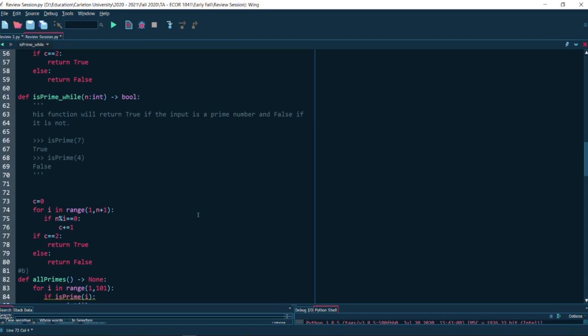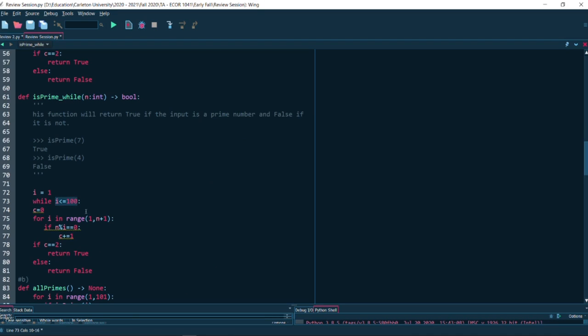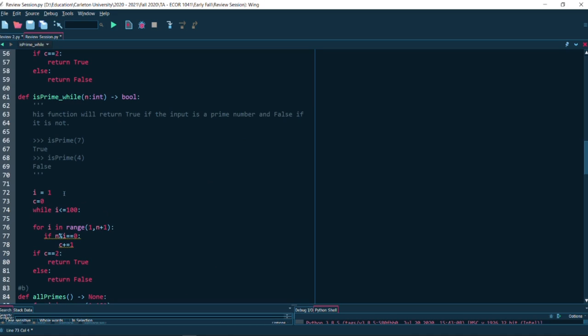So I'm going to create a variable called i and set it to 1. And this is where the condition comes in. I'm just going to say while i is less than or equal to 100. Now, do you see how this becomes a condition? That means that whatever I write after will keep running until that condition is met. And we still need our counter to see if we're counting enough divisors or not. Oh, by the way, I have 100.